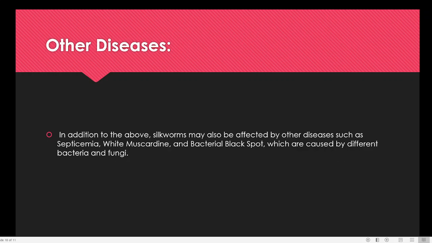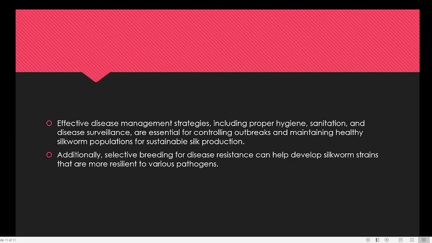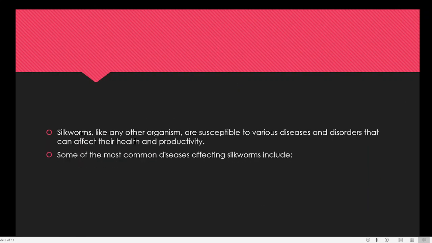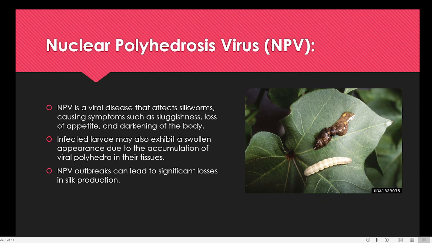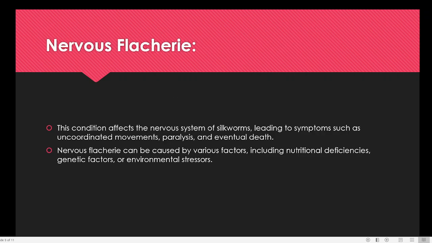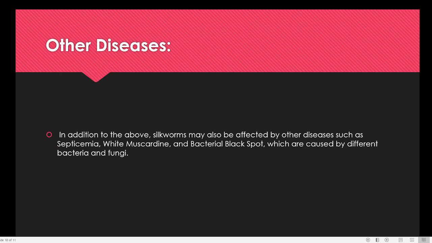Then we have many other diseases, such as septicemia, muscardine, white muscardine disease. Then black spot diseases are there, which are also caused by different types of bacteria as well as fungi. So this is an idea of what are the major types of diseases which are affecting. Here you can see that these are the main types of disease: pebrine disease, flacherie, muscardine, NPV, grassery, yellow brood disease, and nervous flacherie. So these are the different types of bacterial as well as viral disease. In addition, white muscardine, bacterial black spot, septicemia are also different types of other diseases which are affecting the